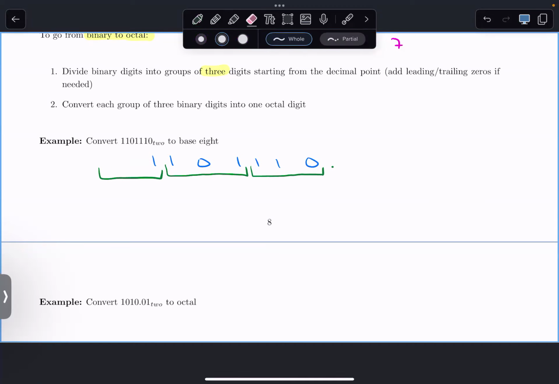Maybe I'll do those in orange. So, groups of 3 digits. Just so I don't muck it up again,